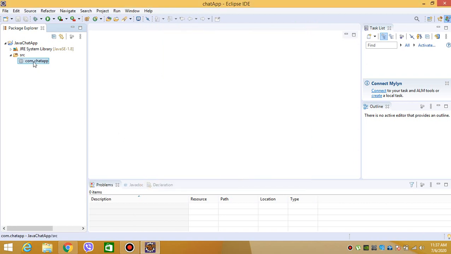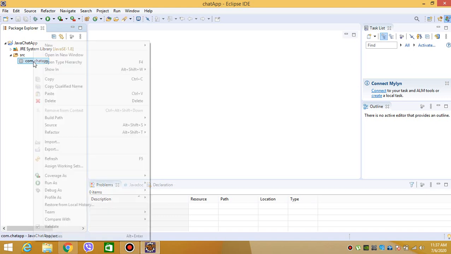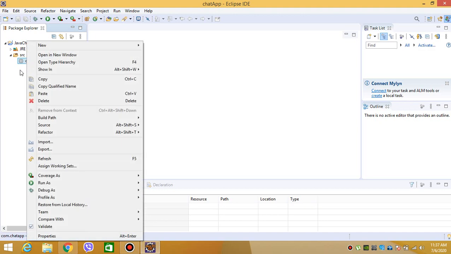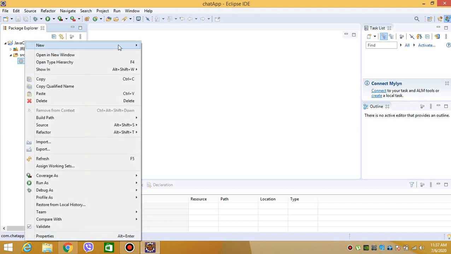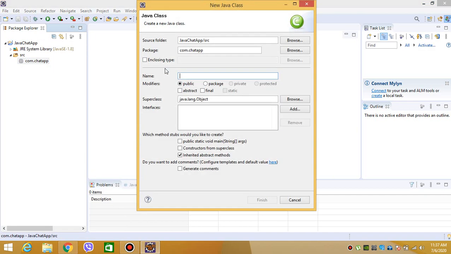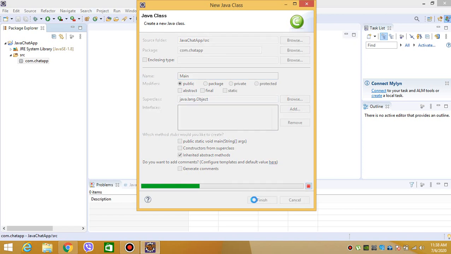A package is nothing but just a simple folder on which we'll be working. So select the package and right click, and then let's create a class. Let's name it main, as we are going to create a main class for running the program. So click finish,